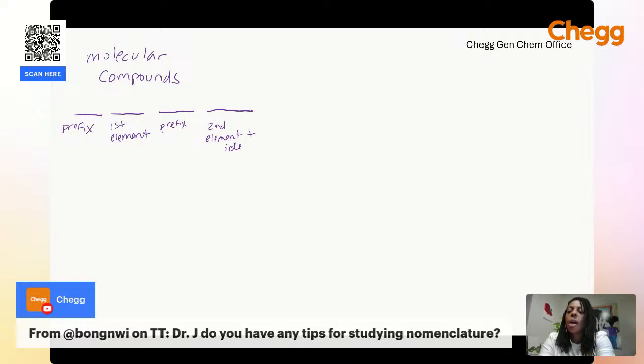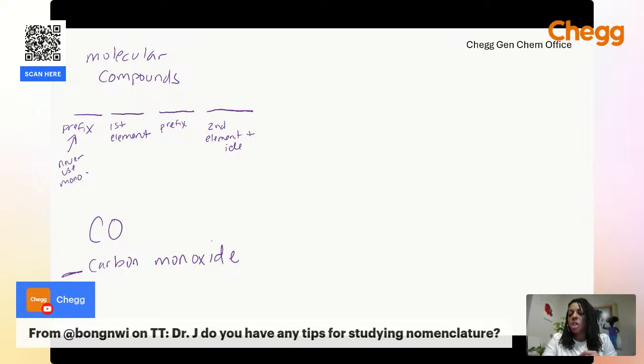Okay. Now, very, very important in this first position, you never use the mono prefix. Okay. You can use any other prefix there, but you don't use mono. Okay. You can use di, tri, hepta, any of those, but never mono. You can use mono in the second position. So for instance, anytime we see CO, we would always name this carbon monoxide. Okay. So again, we're not saying the mono there. Mono is considered to be redundant in that first position. We only have one oxygen as the second element. So then that's the mono prefix and then oxide,